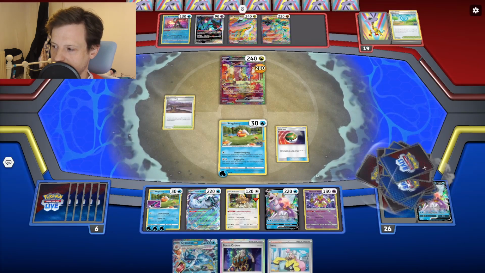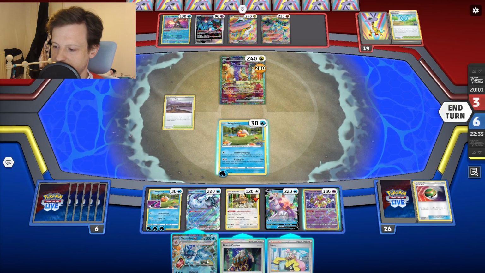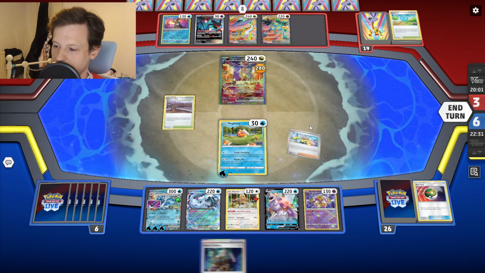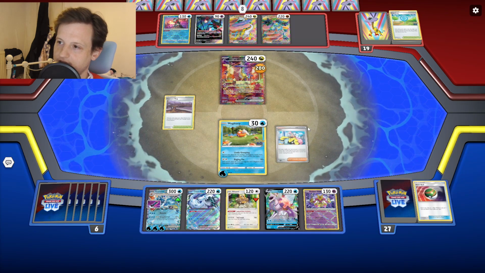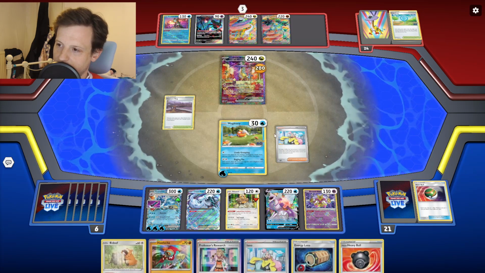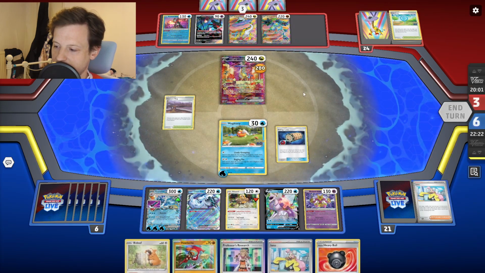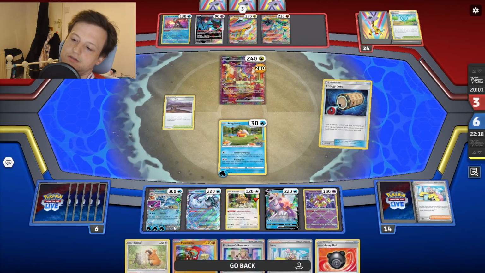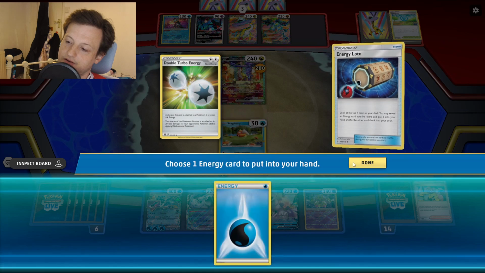Let's get Alakazam down so we can start moving around this energy. Let's go for a Gyarados and let's go for an Iono, and we have to pray they brick basically. Have to pray they brick. Don't get the energy, but the Lotto might get us there. Oh, so if I get DTE, I can attack with Gyarados, but